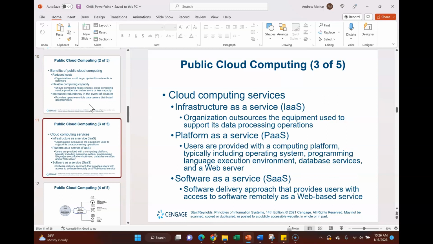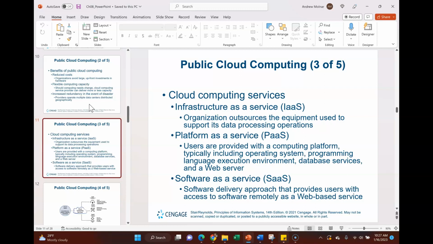The public cloud can come in various forms. Infrastructure as a service is the most common, and it's what makes a cloud provider. The basic element is that they can provide infrastructure as a service, and so they are going to provide the equipment and the IT team and the data storage and the data processing.